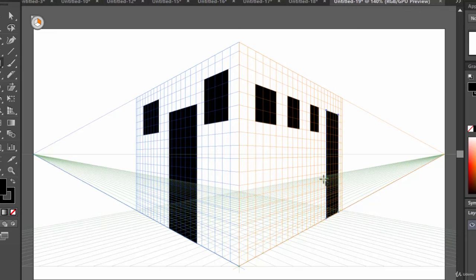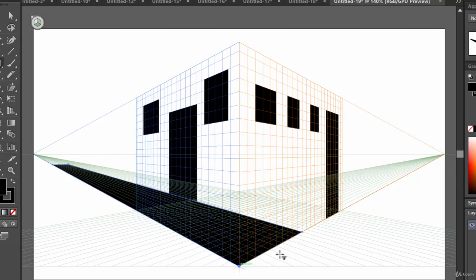That's it. Now let's select the horizontal plane and let's draw one. Okay, just like this. So now you got the idea, right?